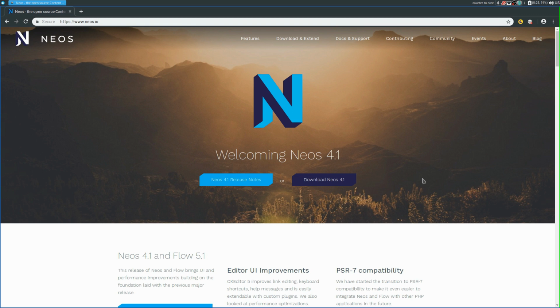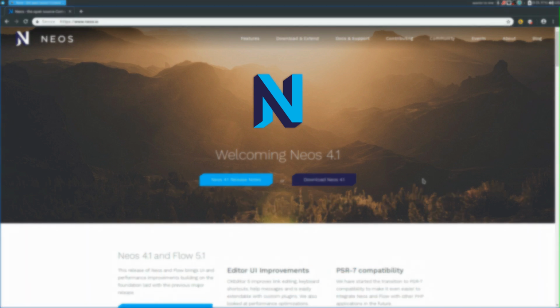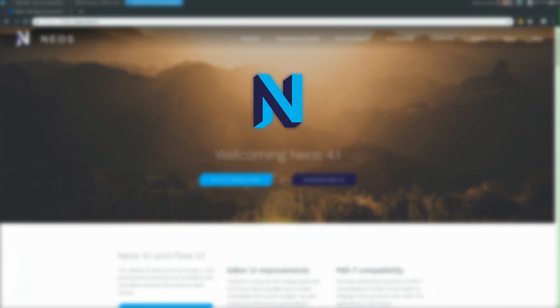Neos is a content management system that combines the flexibility of enterprise content management systems with the ease of use of specialized systems such as WordPress. Its level of flexibility and non-intimidating backend make it the perfect general-purpose content management system for all types of clients,